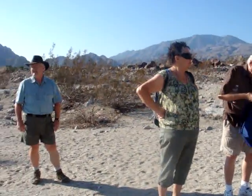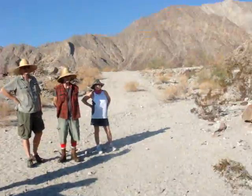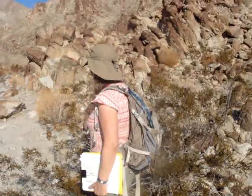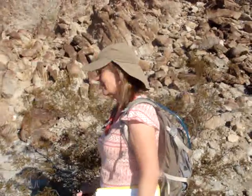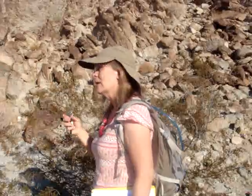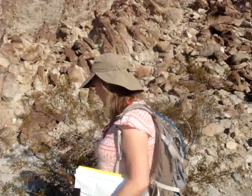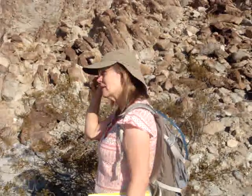Creosote has had some investigation done for potential anti-cancer properties. I know that research has been going on for a while, and I don't know that it's been completely productive, but there has been a lot of research done on that. It has a kind of resiny surface to the leaves, which in its current rather dry condition is a little hard to see, but it basically has an oily, resiny leaf coating. That for the plant is a way to protect against water loss, but it does give it a definite interesting taste. And the Native Americans, the Cahuilla and others, used creosote bush for a lot of different things, in particular